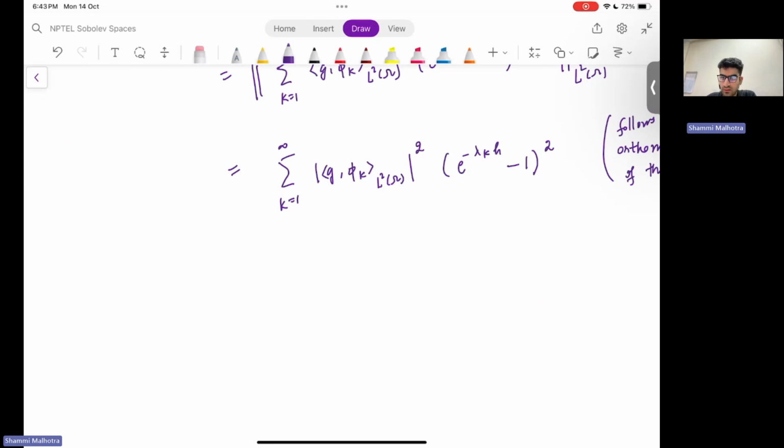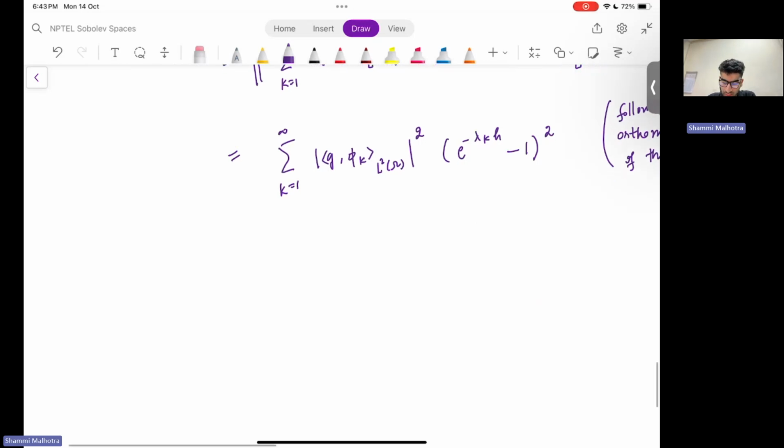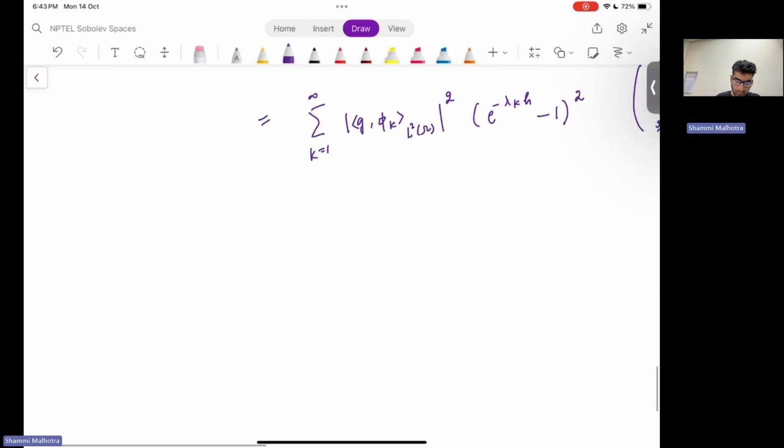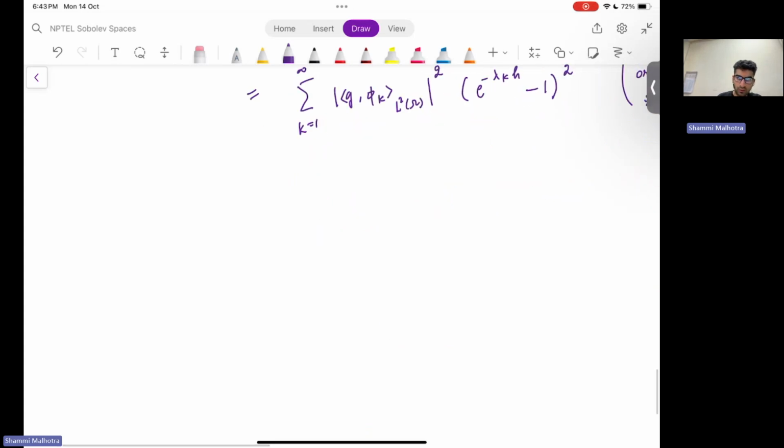Now since this is a convergent series, what we basically can show is that this whole convergent series can be written as two sums: one is the tail and another is a finite term. For the tail, I can make it as small as I want, and the remaining finite terms, if we take h tends to 0, will go to 0. With that divide and conquer analysis, we can eventually conclude that it follows